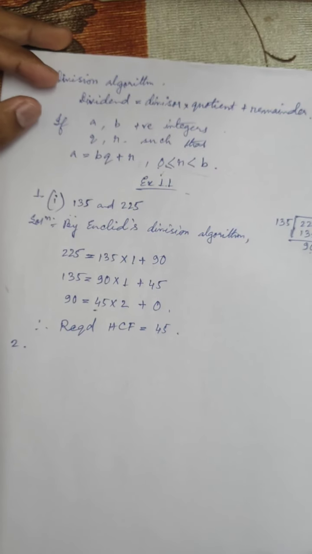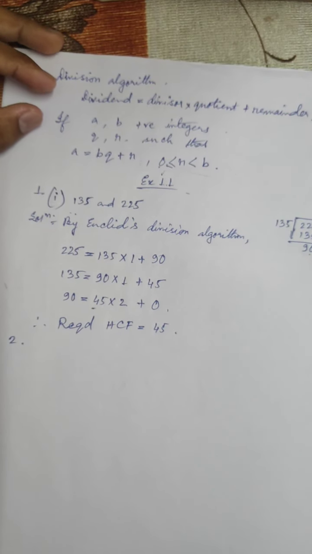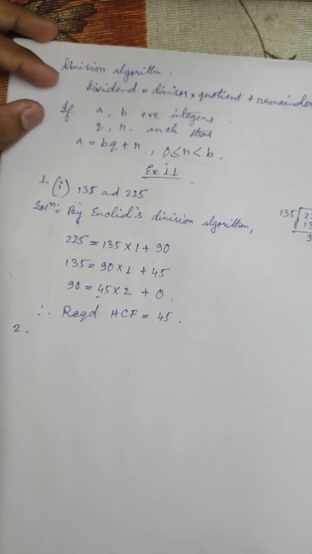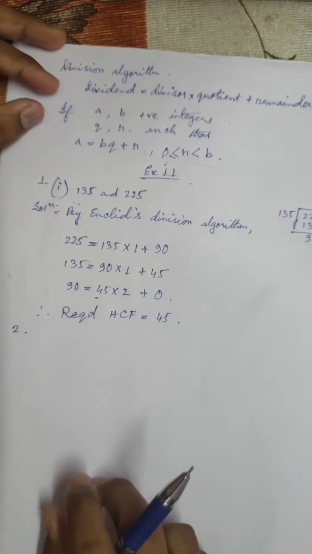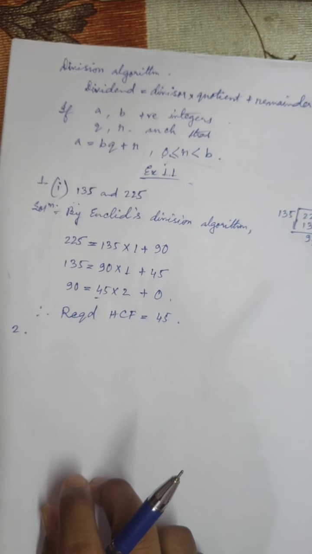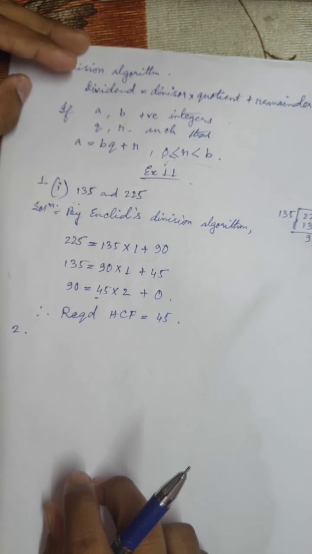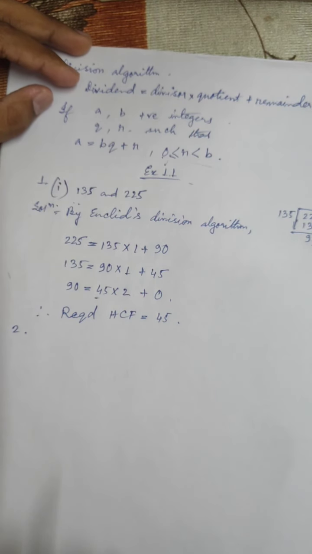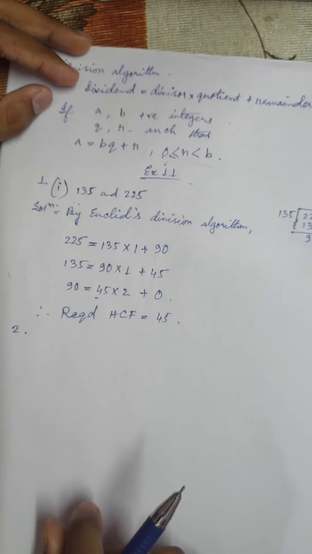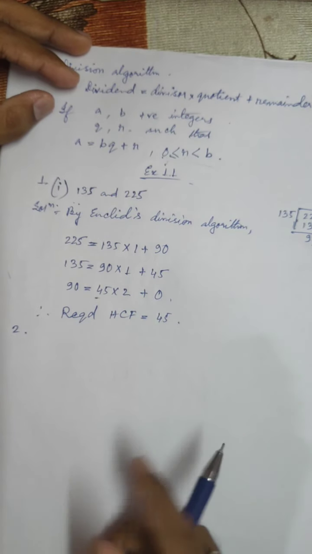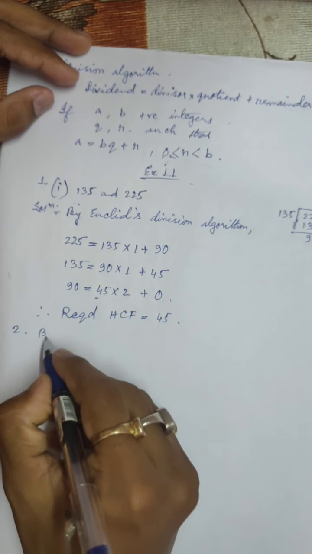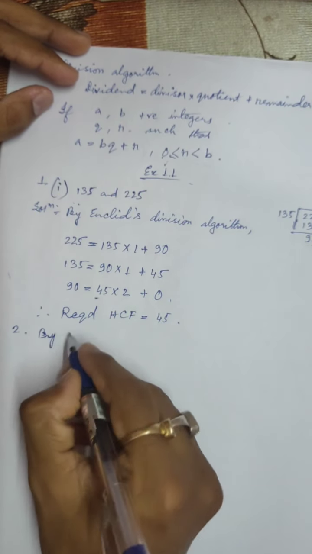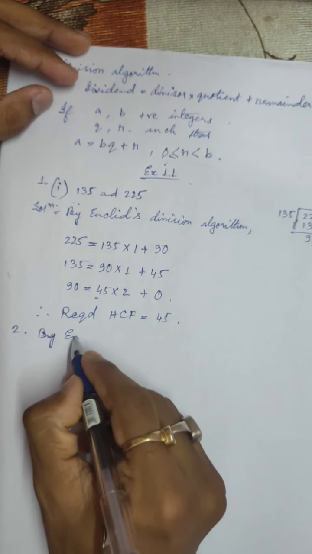Show that any positive odd integer is of the form 6q plus 1, or 6q plus 3, or 6q plus 5, where q is some integer. So this sum also we shall use Euclid's division algorithm. Here you note that in the question you are asked to show that any positive odd integer is of this form. So by Euclid's division algorithm,